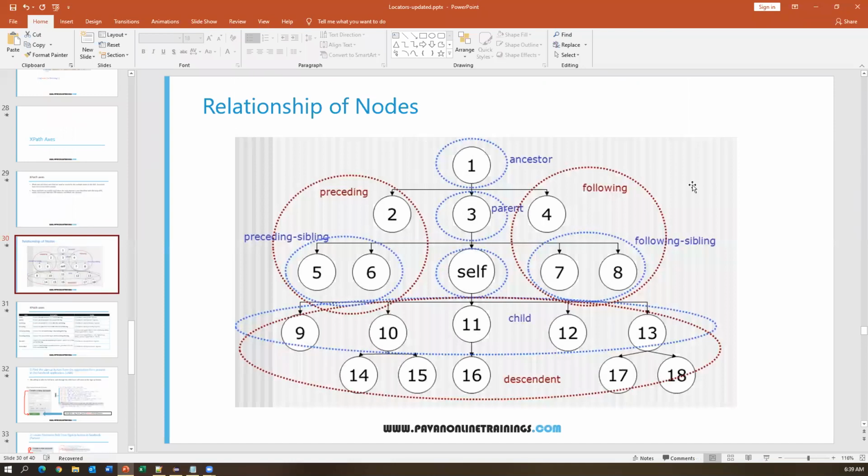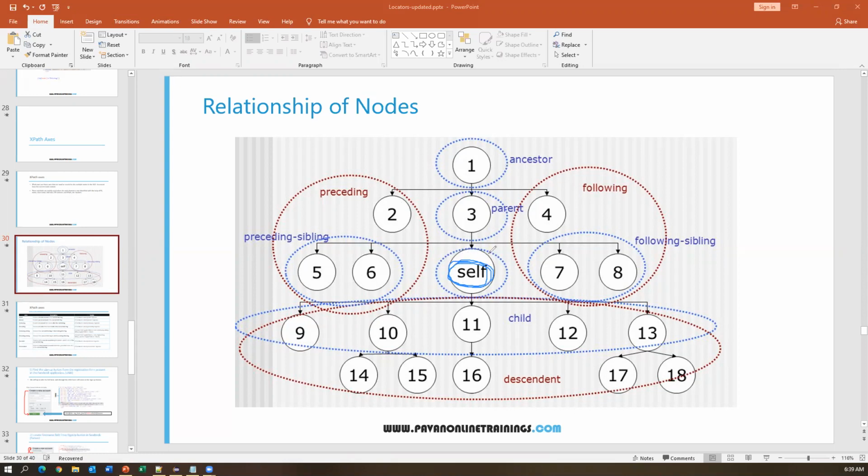By using this picture, we can understand what exactly the XPath axes are. If you see here, let us start from one node. Here, this is my self node. This is also one element, so every node is representing one element. Let's say 1, 2, 3, 4. I have given some numbering here, right? These numbers or nodes are representing some element. So let us start from the self node, guys. So this is self. From this we are trying to access different kinds of elements, all the elements on the DOM, by using axes.